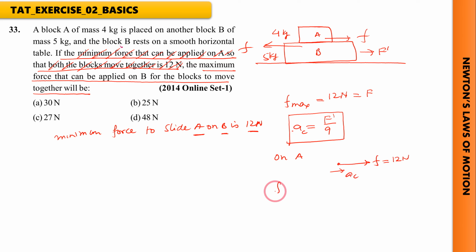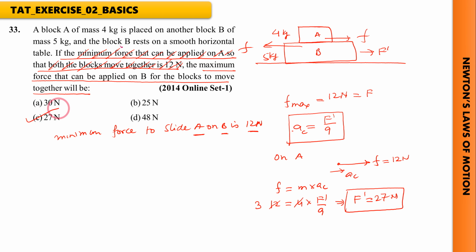So our force equation will be F equals mass into acceleration for the 4 kg block, right? 12, 4 and F' upon 9. On solving this, we are getting 27 Newton. So this is the maximum force for the two blocks to move together if acting on B. Answer is